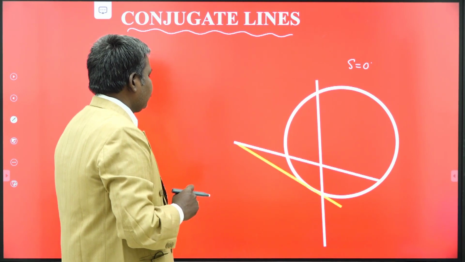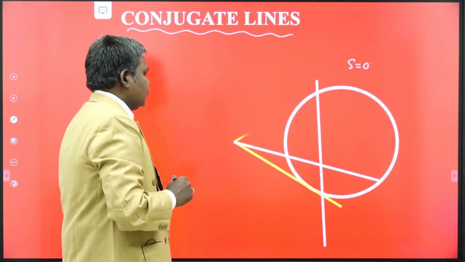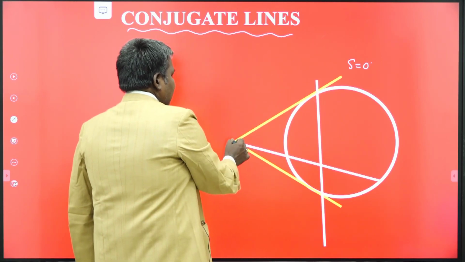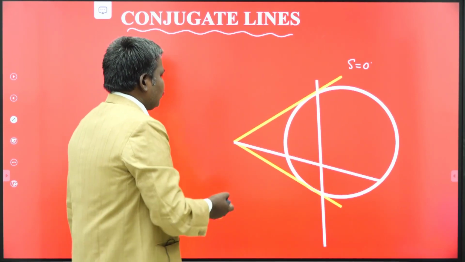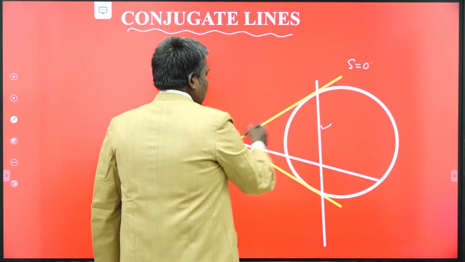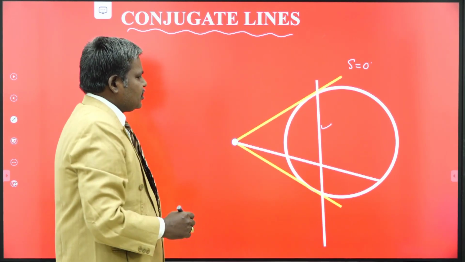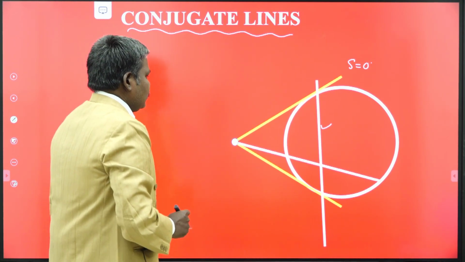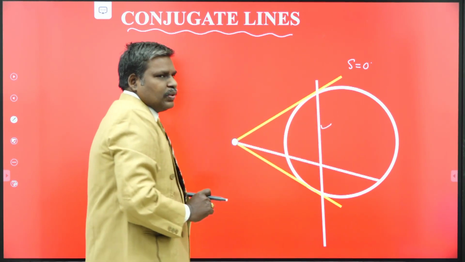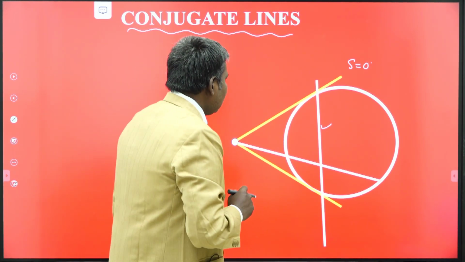Let us see here. This is the pole. I would like to find the pole of the first line. For that, I draw the tangents at these extremities. If your point is outside the circle, immediately your polar becomes the chord of contact. So to get the pole of this line, draw the tangents at its extremities and you get some pole. This is the point of intersection of tangents drawn at the extremities of the chord. So the pole of this line L1 equal to 0 lies on L2 equal to 0. In this case, we say that the two lines are conjugate lines with respect to the circle.